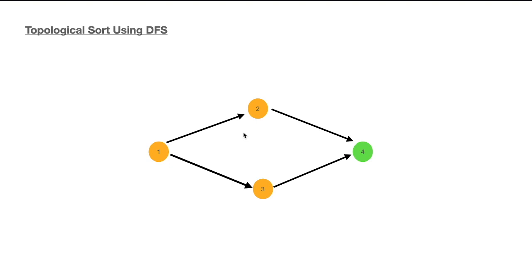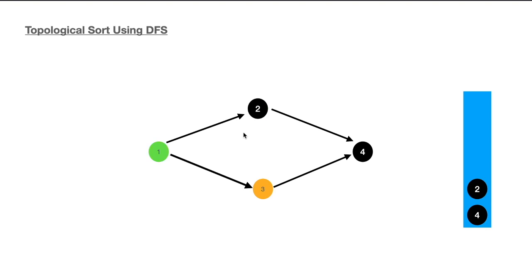So I'll mark it as finished, and this is what I was talking about. I'm going to maintain an additional data structure here. I'll maintain a finish stack. You can maintain a linked list as well, and you can start appending the nodes to the head of the linked list. It's totally up to you, but in this case, let's say I have a finish stack. Since 4 is completely done, I add it to the finish stack, and now I backtrack to 2, and 2 again has no more unvisited nodes to explore. All its children are done. So I'll mark 2 as finished as well, and then add it to my finish stack.